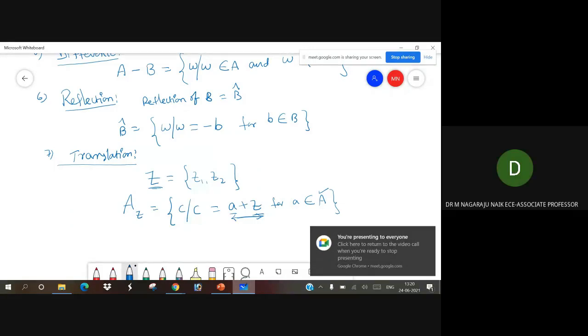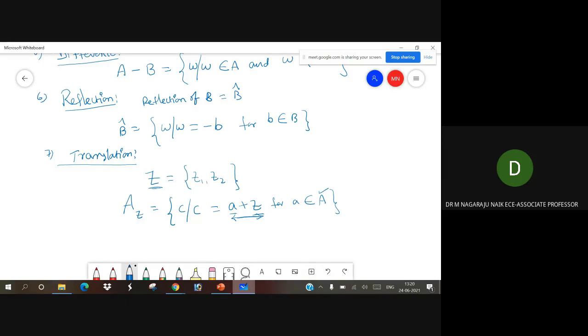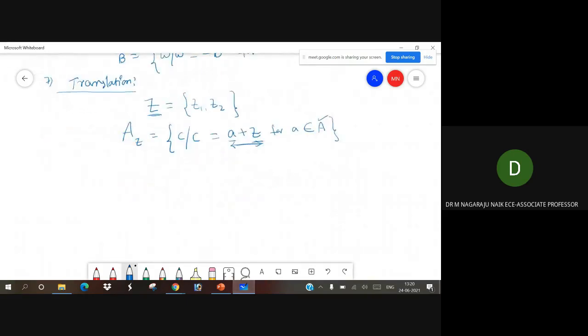Okay, now these are all the fundamental concepts we are going to consider, applying set theory, and they will process morphological models. Now, in that case, the most important one is translation. So, in that translation,